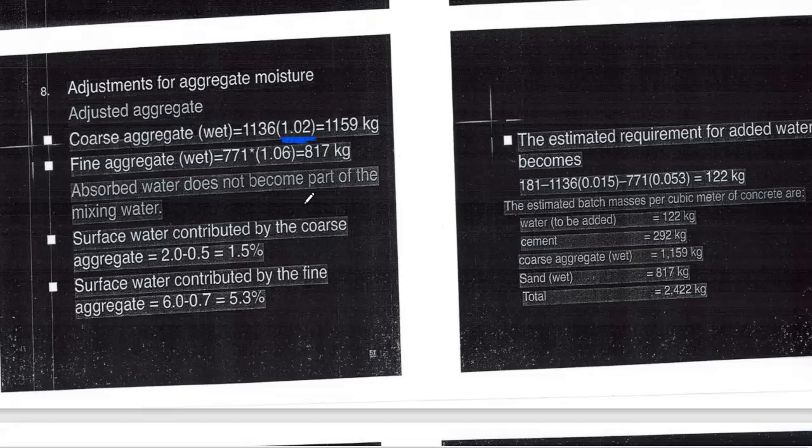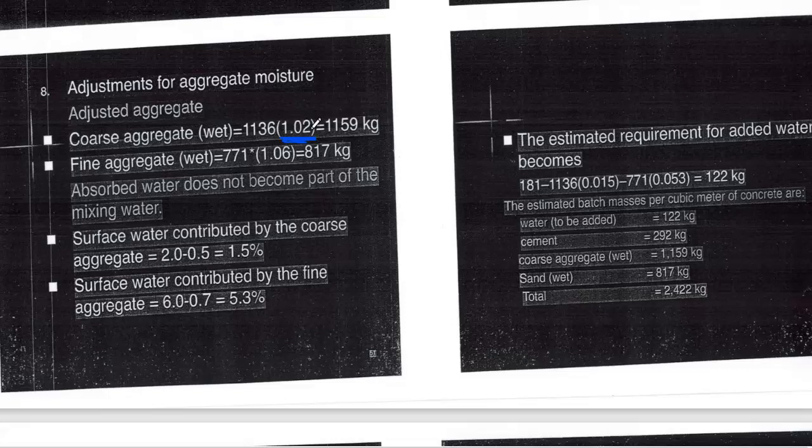What does it mean? 2% of moisture content. So what was the amount of coarse aggregate we calculated? 1136 kg. So to keep the dry unit of 1136 kg of coarse aggregate,